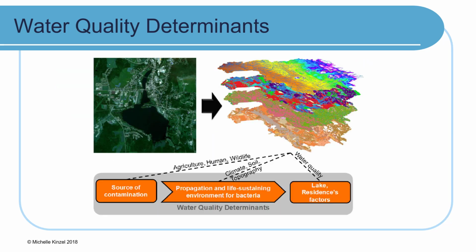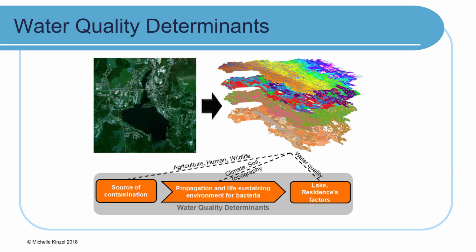Here is an example of water quality determinants. So we have a remote sensing image on the left, and you can see different aspects of a model shown as those GIS layers on the right stacked on top of each other, and you can look at sources of contamination, propagation, and life-sustaining environments for bacteria, and lake and residence factors. So all of these would be useful in the areas of agriculture, human and wildlife studies, climate, soil topography, and